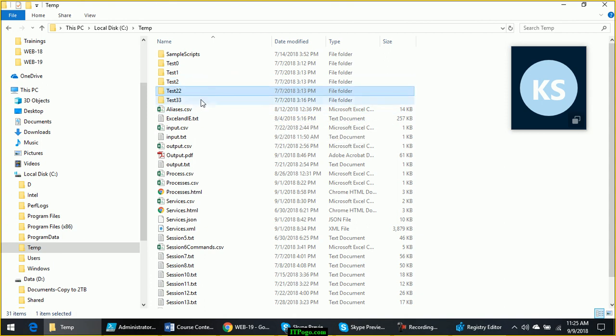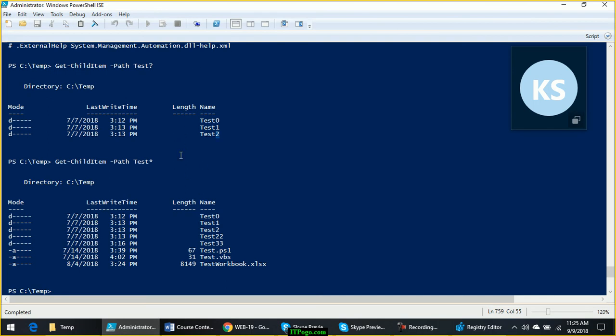But test 22, 23 or 33 were not included, because question mark cannot represent multiple characters. It can represent only one single character. But when I use star, it shows anything that begins with test and ends with anything else. The star can be replaced with everything else, any number of characters and any characters.